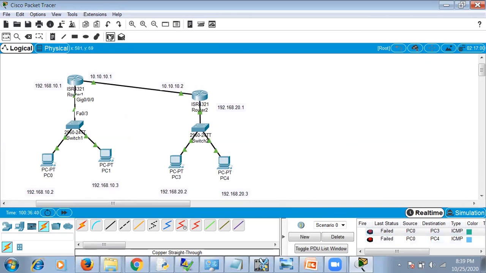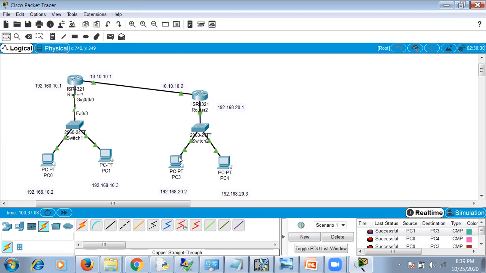Again it failed because it's still calculating the route. Okay, the third time it is successful, because it knows now which path it has to take. Now PC1 to PC3 is successful. Now everything is successful.